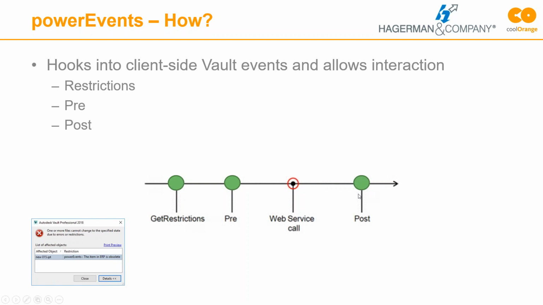And then what's really nice about this, and what I think most of my examples apply to, aside from the restrictions, is the post event. So you get the ability to react to this, again using the example of a lifecycle state change, after the state change has happened. So now the file is in the new state. That version has been created in Vault, and now you can do anything else you might need to do. For example, queue up a job for the job processor to handle to automatically print out a hard